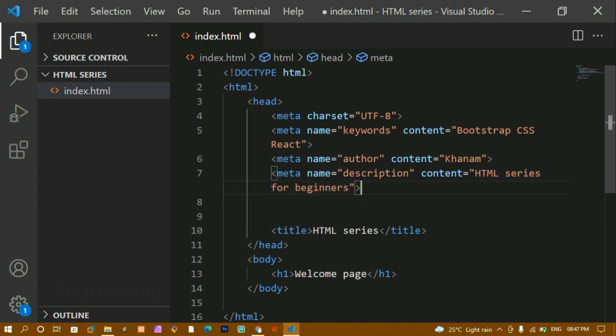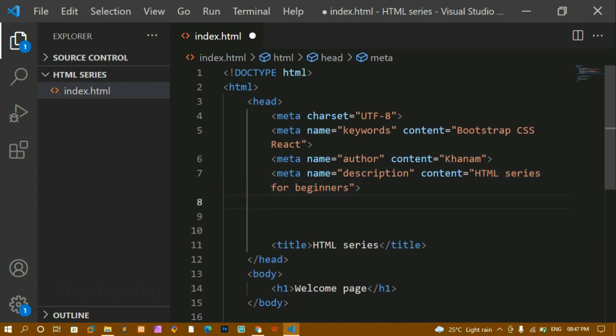This is the most important meta tag, and it is very useful, and everybody has to use this one to make our website responsive. Responsive is nothing but whatever website we are making should look good on all screen devices. So for that we have to add this one. Only then will we be able to make our website responsive, or else our website will not be responsive at all. So this meta tag is very useful when we want to make our website responsive.